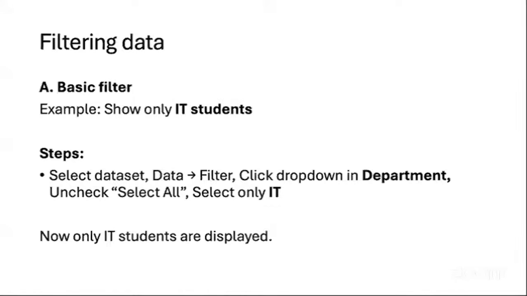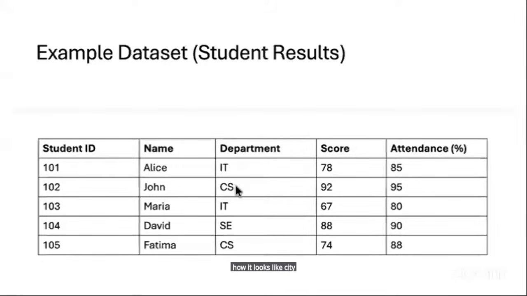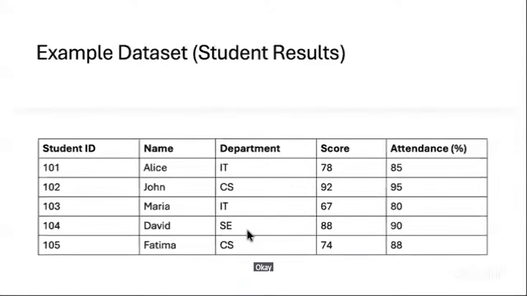Now, in the example which will be tested, the steps are given here. Filtering shows only the data that meets our specific conditions. And in this particular example, the specific condition here is what? We want to view only IT students. So let me go back to our raw data, how it looks. See department, you have IT, computer science, IT, SE, I don't know what SE means, it doesn't matter. See here, these are departments. Okay, SE, system engineering. So I want to filter this table such that I can only see computer science students